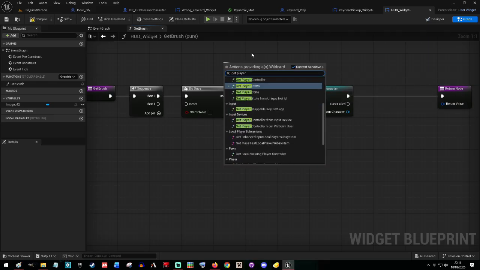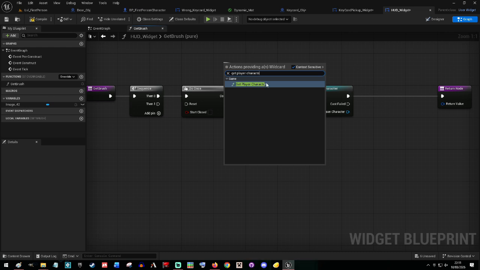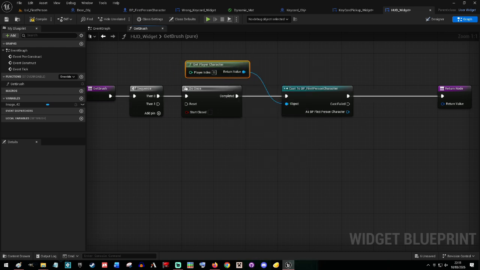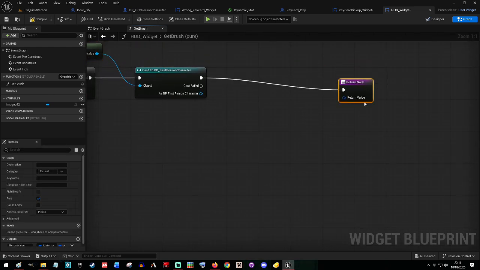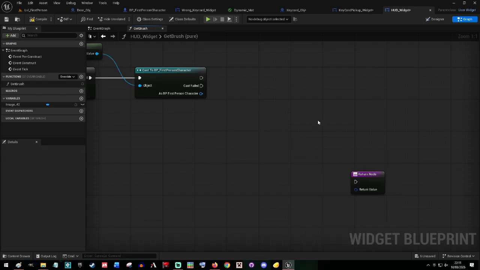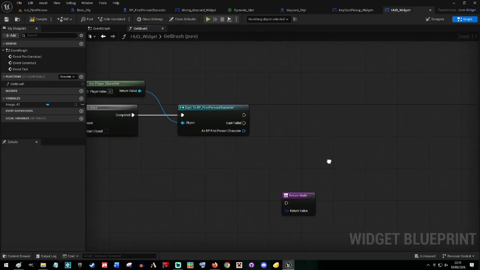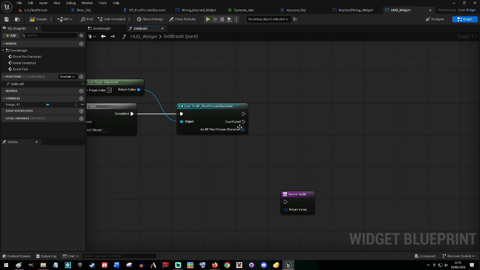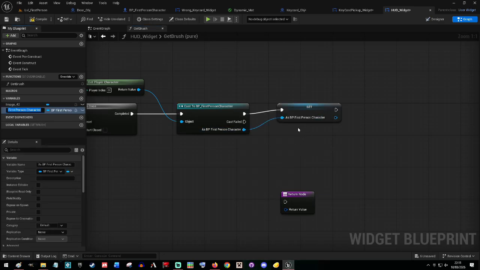Get player character. And then I'm actually going to completely break that entirely because we don't need the return node attached to this. I'm going to promote that to a variable so that we get a first person player character